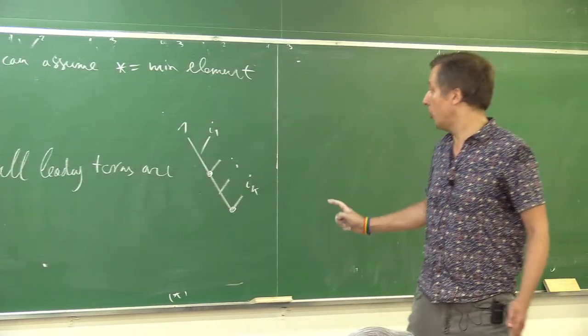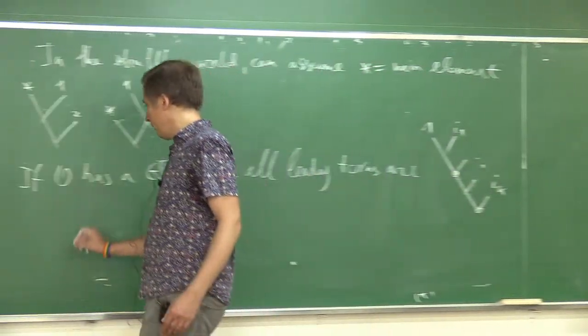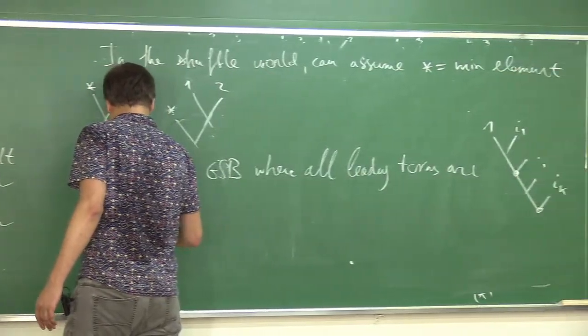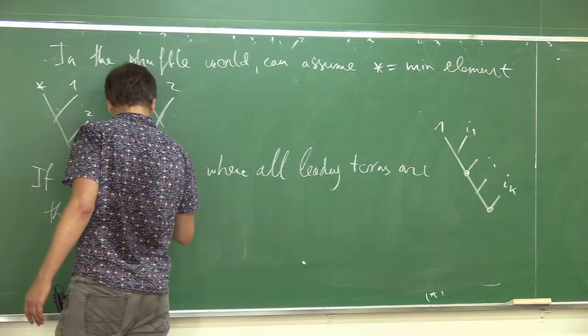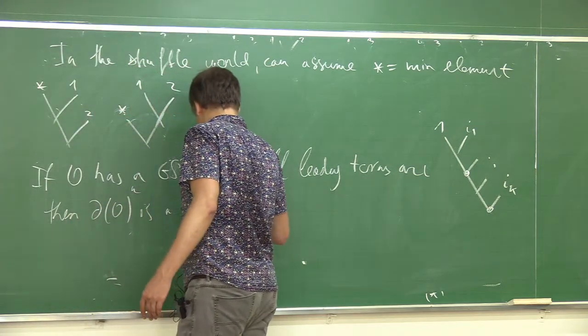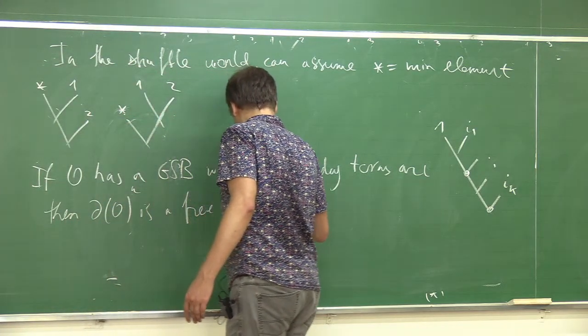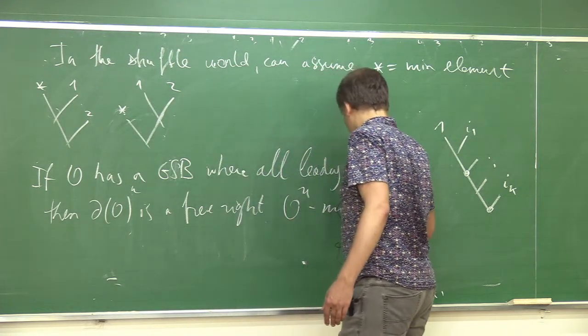If all the leading terms are of this shape, then D of O with forgotten shuffle is a free right O module,